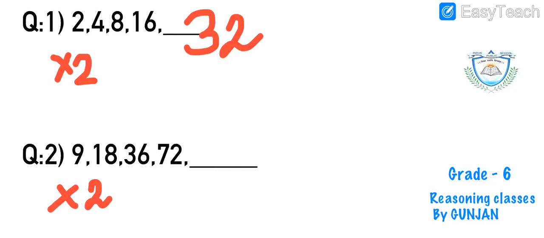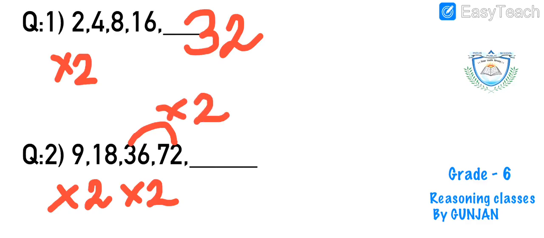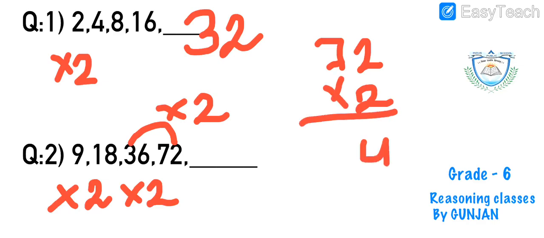If no, please have a look at it. 18 twos are 36. I'm getting the logic. If I multiply 36 by 2, I'll get what? 72. So that means our logic is we'll get the next number only if we multiply by 2. So let's multiply 72 by 2. It will be 2 twos are 4, 2 sevens are 14. What will be our answer? 144. Got it? Let's move ahead.